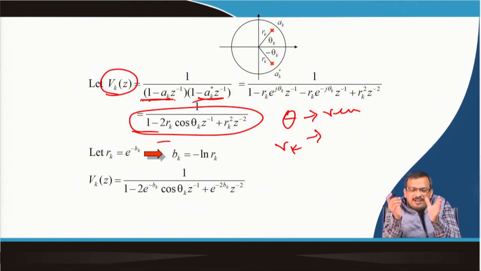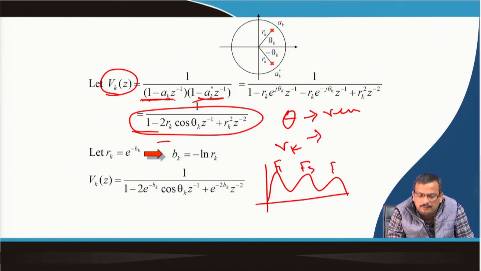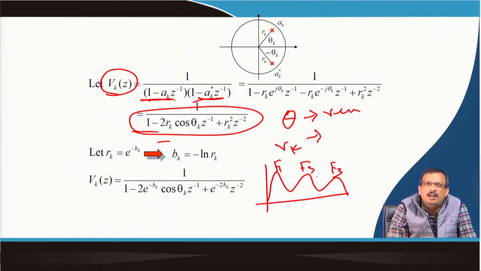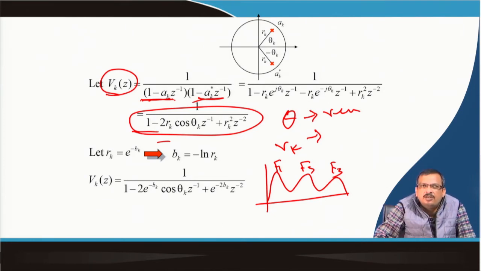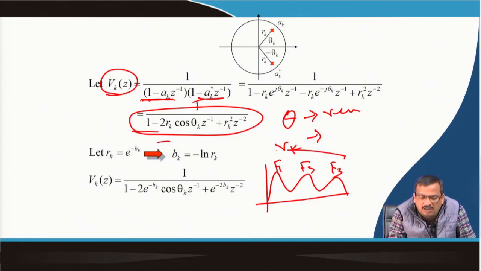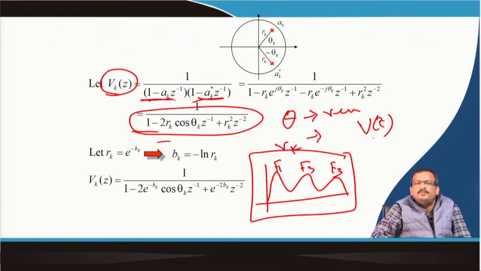So, let us say I have observed a speech signal and found it has 3 formants, F1, F2 and F3. There are 3 formants in the speech. This is the frequency transform of the speech signal, so this is the output frequency representation. I want to know how many poles there are in the system, in the Vz.